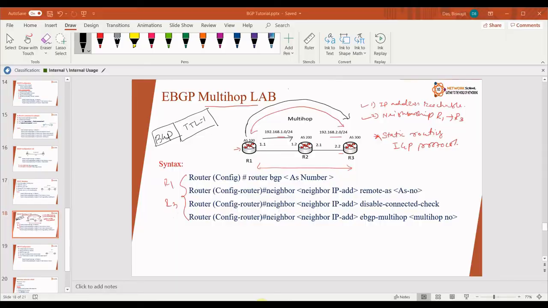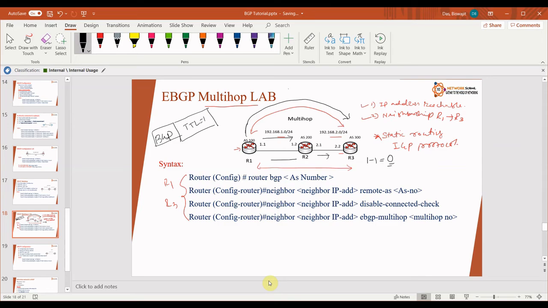So what is happening here: when the packet reaches R3, since it has to be directly connected and belong to the same subnet, but Cisco IOS is thinking that it is not directly connected and does not belong to the same subnet, R2 is dropping the TTL. R2 is rejecting and discarding the packet, because the packet should move from R2 towards R3. By default it should be one hop, but since it is one hop away, the TTL value is getting decremented. When the packet is sent from R2 to R3, the TTL value is going to be 0.